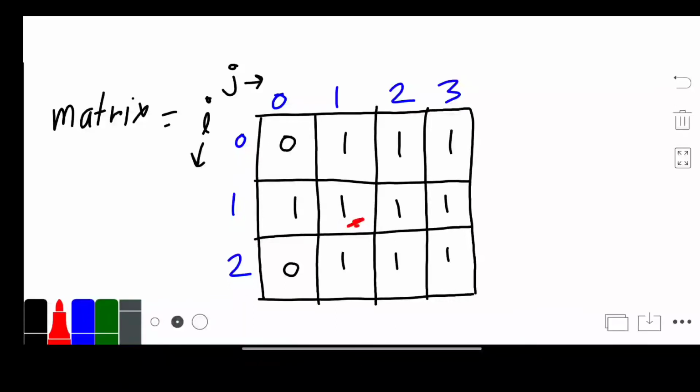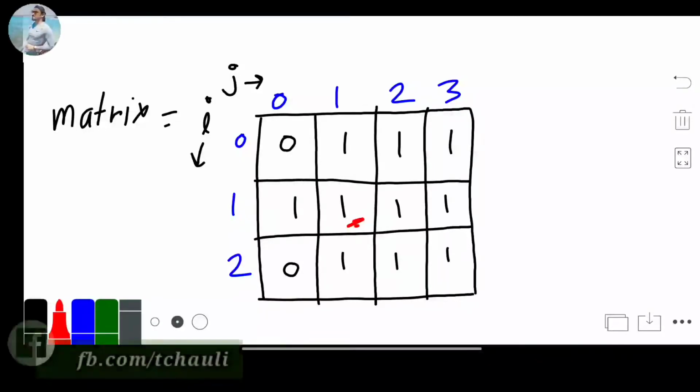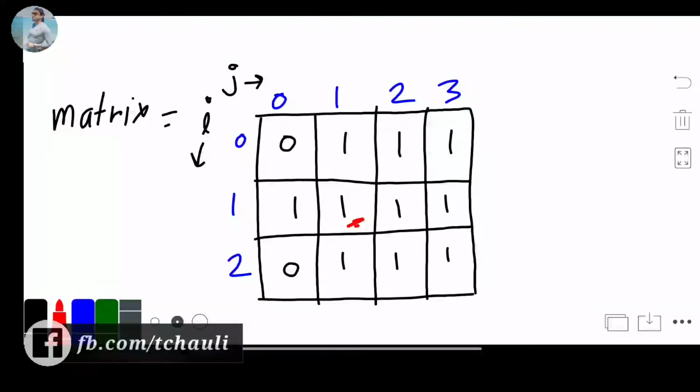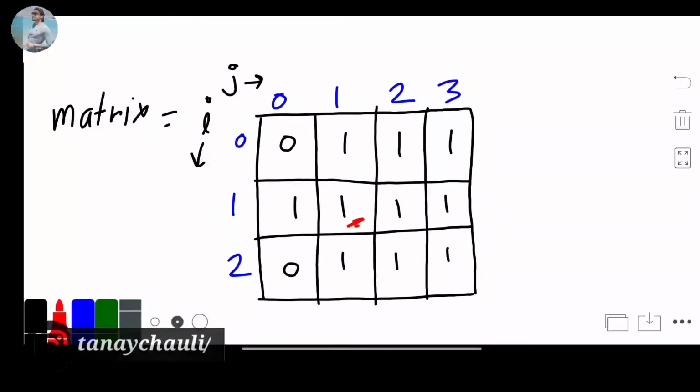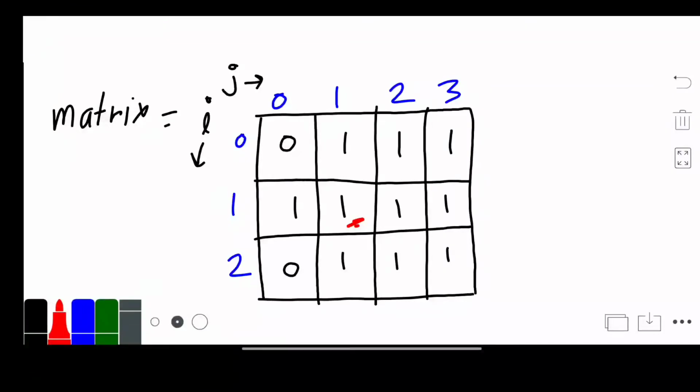And we check our current cell value. If our current cell value, matrix[i][j], is 1, then only we update. If it is 0, we do nothing. As it is 1, we will update.